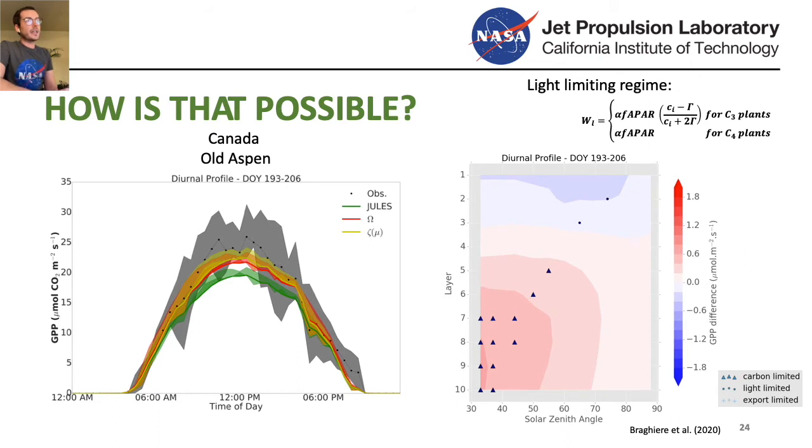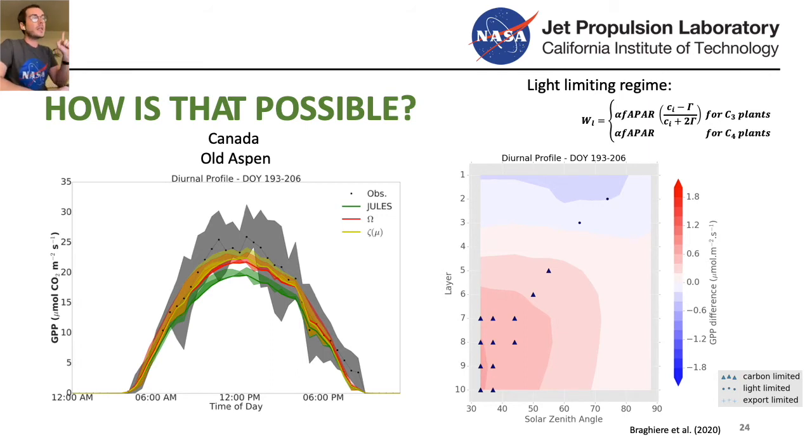And when you see a triangle here, it means that the Farquhar limiting regime also changed from a carbon limited to a light limited regime, and the opposite at the top of the canopy. So basically adding clumping to JULES is decreasing the effective LAI along the canopy. So it is allowing more radiation to go through into deeper layers that before were in the shade and now are being illuminated. So the photosynthetic capacity of this, not the photosynthetic capacity, but the actual photosynthesis of these bottom